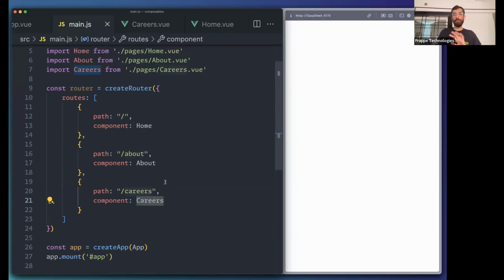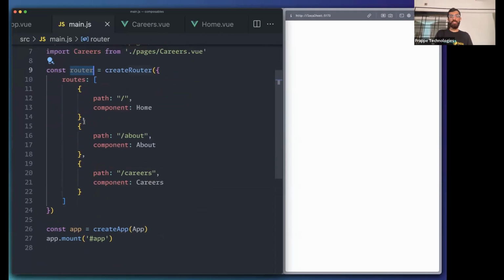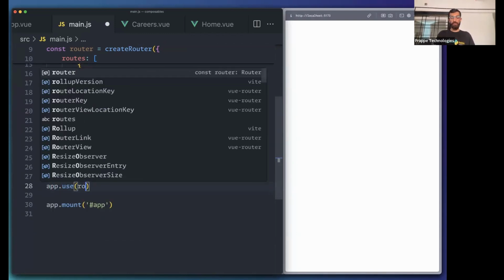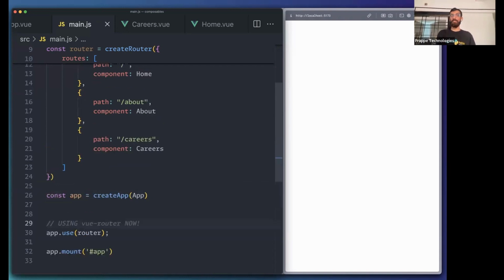Cool. Easy peasy. So we have created the router, but our app is not using it yet. So we'll come here and say before mounting. So you have to call the use method. So app has a use method. Call it before mounting the app to the DOM, right? So what did we do? We are now using Vue Router now, right? But still nothing on the page,